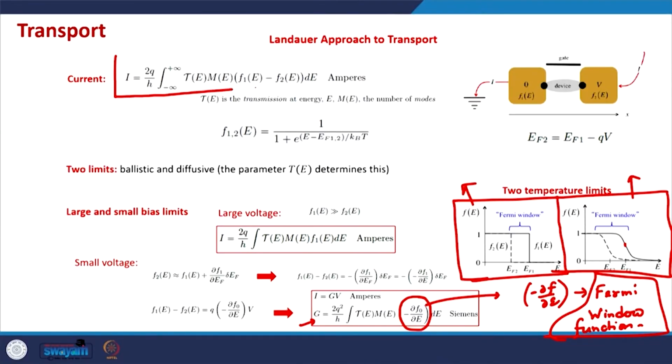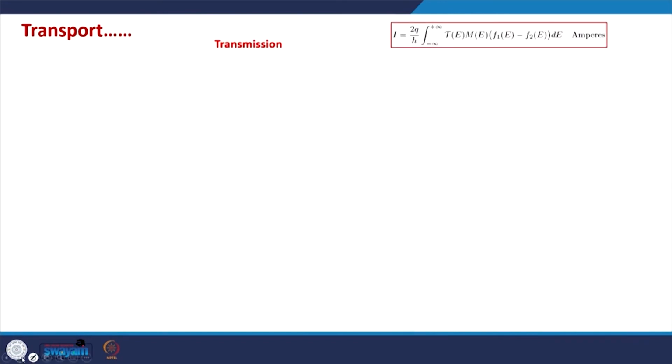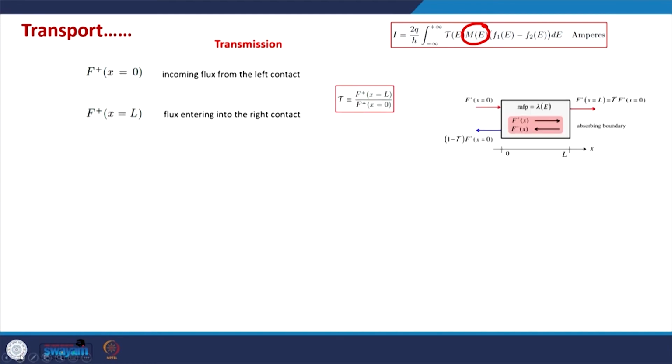So with this basic revision, we will see what the transmission coefficient at a certain energy is, or what the transmission is in the context of the MOSFET. Although we have had a discussion on the transmission in the general model of transport as well, the number of modes can directly be taken from our previous discussion. Let us quickly try to understand the transmission in a MOSFET. In a MOSFET, if this is the channel region,